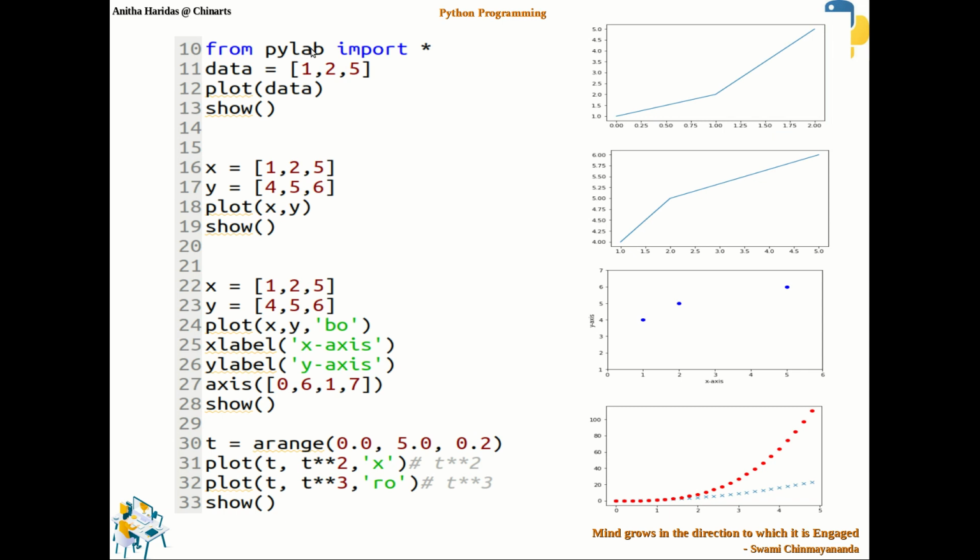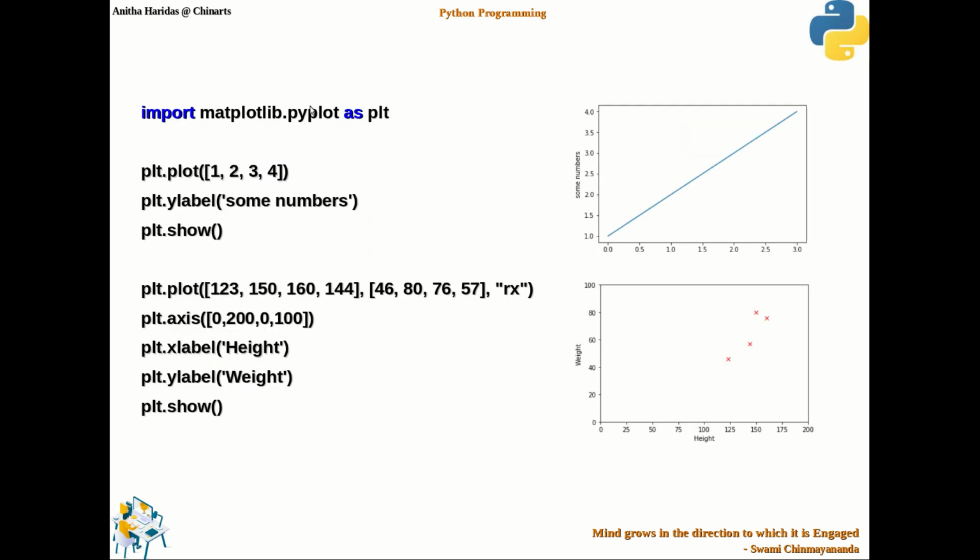Whatever functions you have in PyLab, like plot, show, xlabel, ylabel, axis, are all available in PyPlot also. Here I invoke the plot function and give a list of values like 1, 2, 3, 4, and I give a ylabel. I did not give an xlabel. I just said 'some numbers' is the label that I want to give for the y-axis, and I showed the plot.